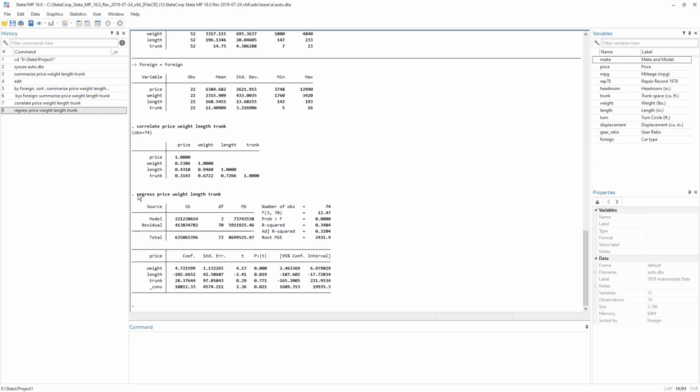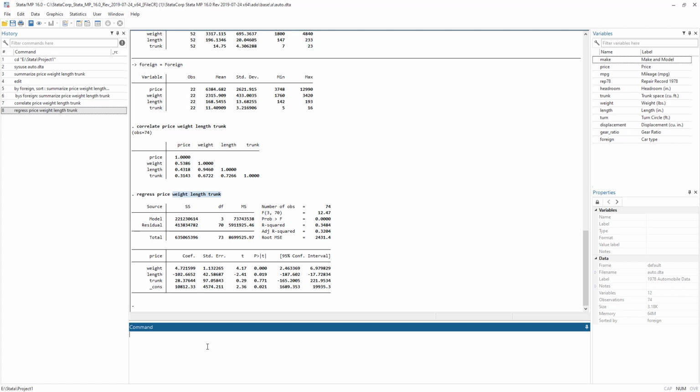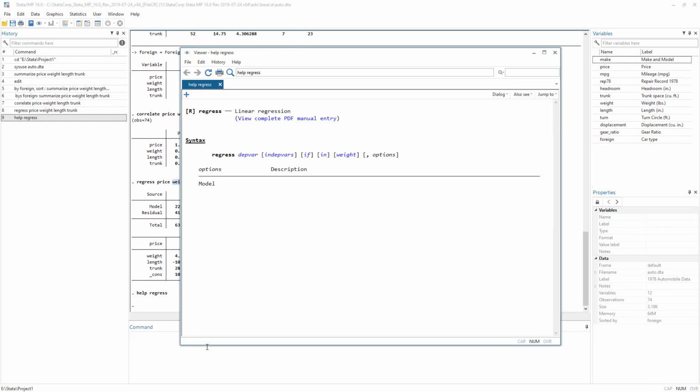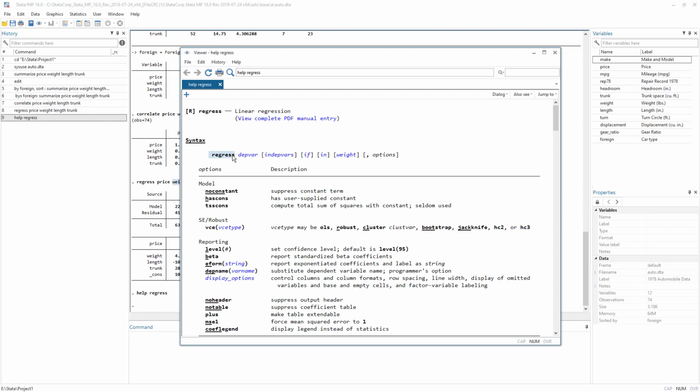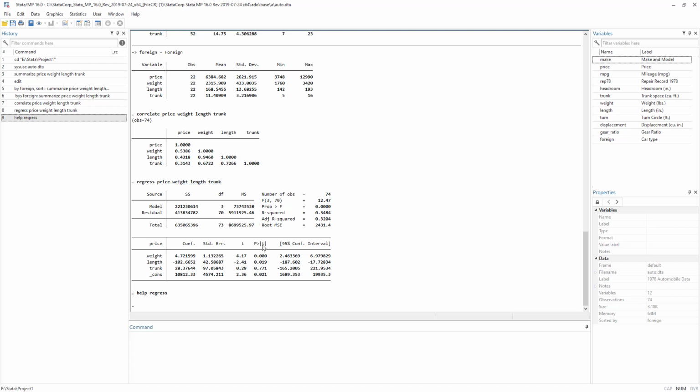The command that is used to run regression is regress, and then first we write the dependent variable and then the independent variables. Before moving forward, you would appreciate it is better to understand the syntax of the regress command. So let's help regress. You would see that we need to give regress for the command name, and then we start with the dependent variable name. Remember, it is just one variable, depvar, not varlist or varlist. Secondly, we need to input independent variables, so we can have more than one variable, right?